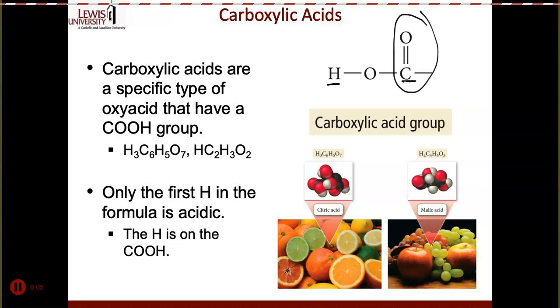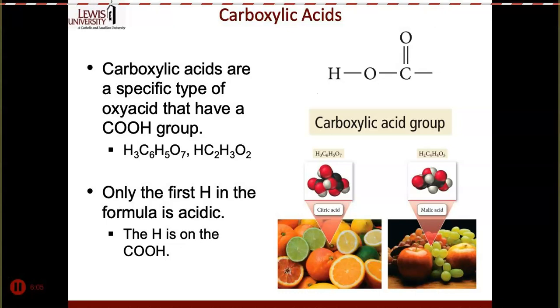So this is like an alcohol, right? You can think of this as an alcohol group attached to a C double bond O. And because it's attached to the C double bond O, it really weakens this oxygen-hydrogen bond, and it makes that hydrogen like a proton, and it's acidic, so it can lose it really easily. All right, so